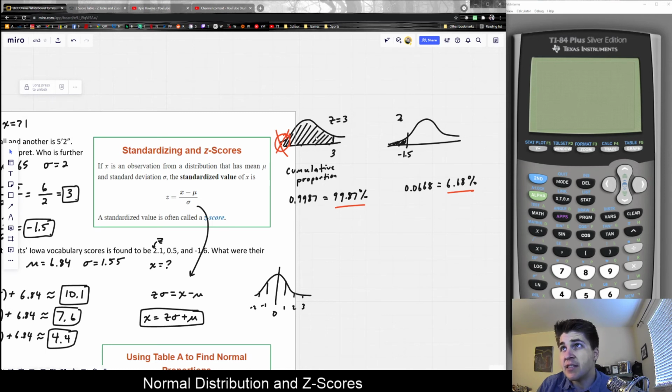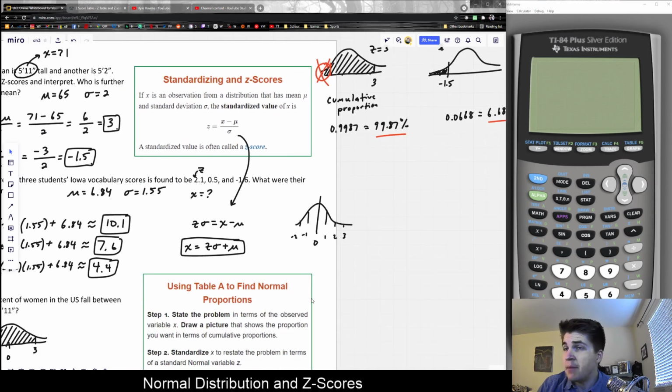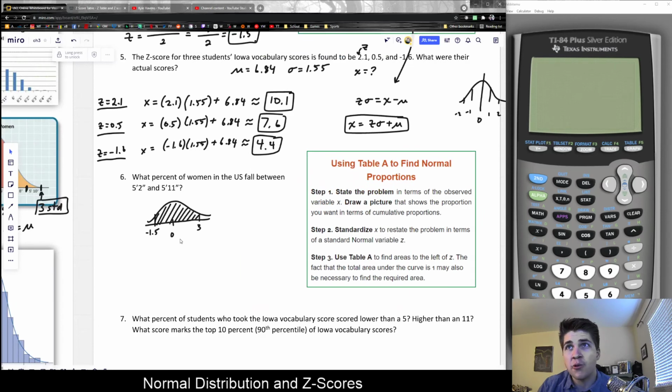And this would give us the area between. Because again, the z-table always gives you all the way to the left, and we don't always want all the way to the left. Sometimes we want in between. And the difference in their two cumulative proportions is going to give us the total. So, summarizing, to find the cumulative proportion between two z-scores, step 1, convert them to z-scores. Step 2, look up the proportions in table A. And step 3, take the difference. So we'd have